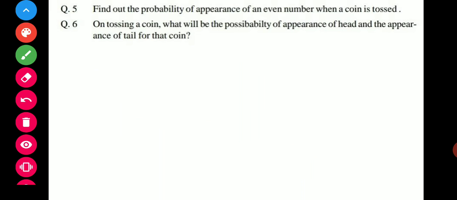Your exercise we finished. I think you have only one question for your homework, so you can do it at home, and you can see your textbook. टेक्स्ट बुक मैंने पहले ही सेंड कर दी थी आप लोगों को PDF की फॉर्म में, तो आप लोग उसको देख करके सॉल्व कर सकते हैं. आई होप ये आप लोग सारे क्वेश्चंस कर लेंगे प्रोबेबिलिटी के, और ये सारे क्वेश्चन कॉपी में कंप्लीट करेंगे. कंप्लीट करने के बाद इसको चेक करने के लिए रखेंगे. जब कॉलेज स्कूल वगैरह खुलेंगे तो उस टाइम हम लोग चेक करेंगे, और इस चैप्टर को फिर से हम रिवाइज